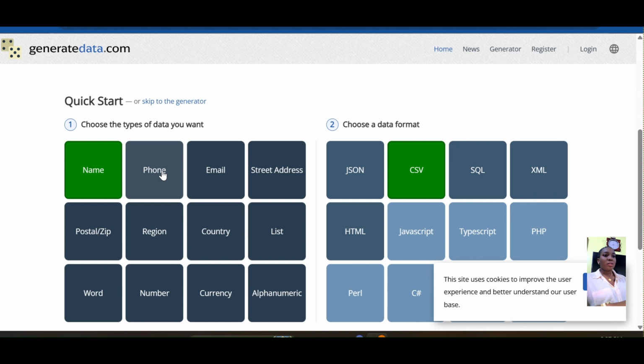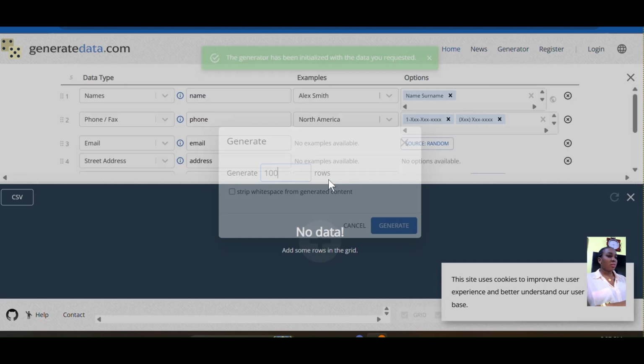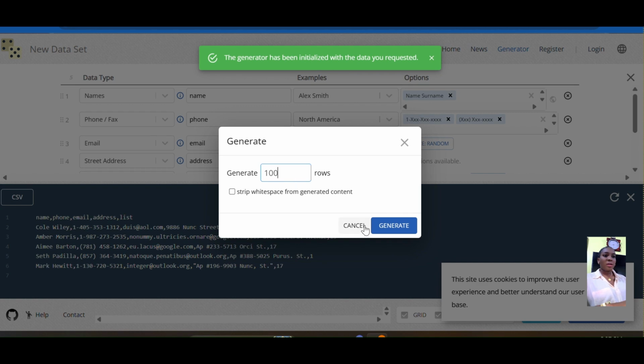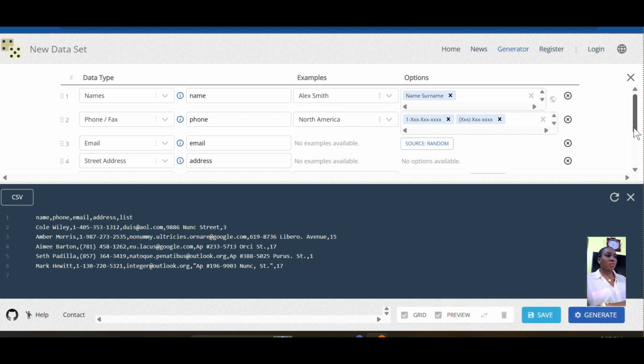So let's get right into it. The name, the phone number, email, street address, and then the lead status. And what again do we have? We have the property type. So let's say generate, and it takes us to the next field. I'm going to cancel this because I want to modify it. The name is supposed to be name, phone number is phone number, email is email, street address should be location,